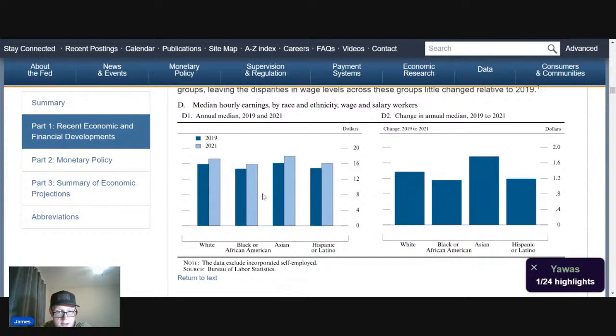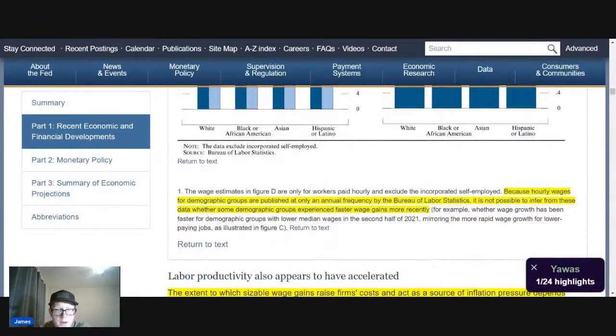relatively the same, with Asians the most and whites, and then I can't really tell between these two, between African American or Latino. Asians had the biggest delta. It kind of reflected the same, and then whites, and then African Americans and Latinos are pretty close together. And this is one where I actually highlighted the footnotes because it says